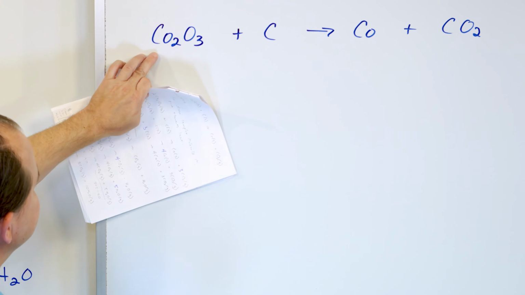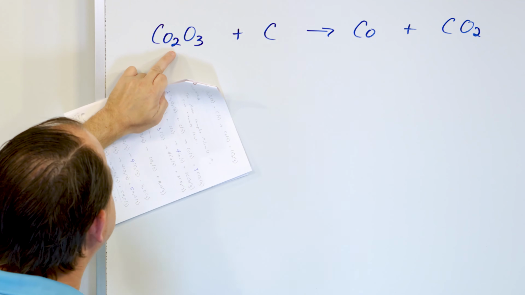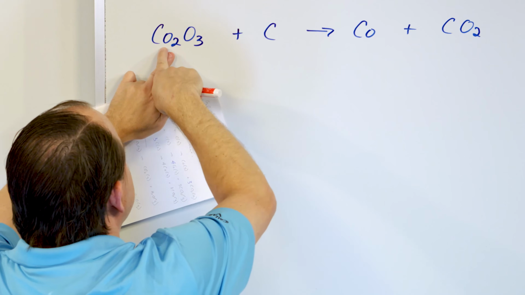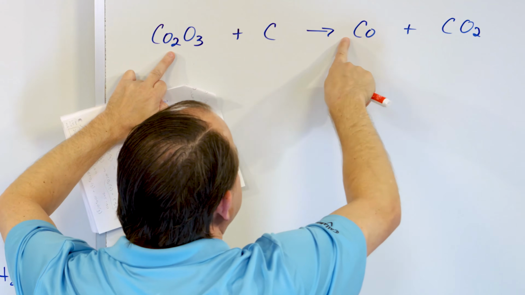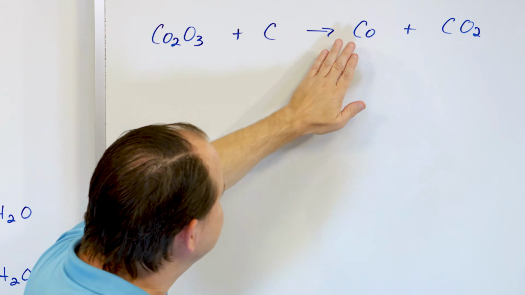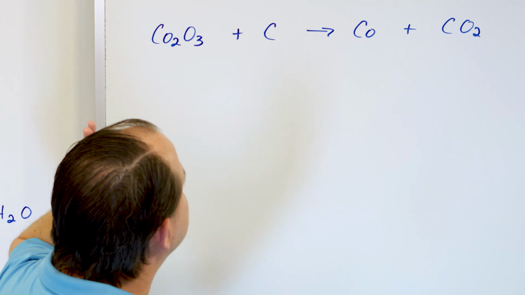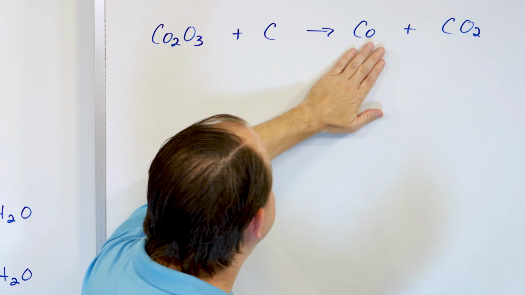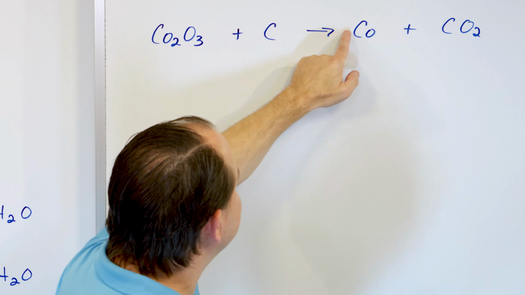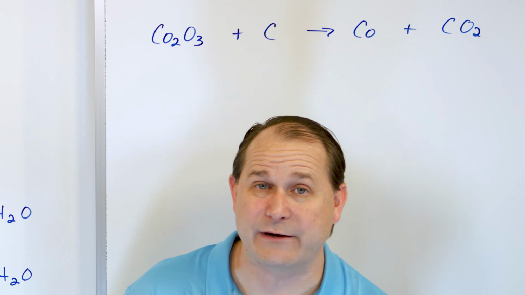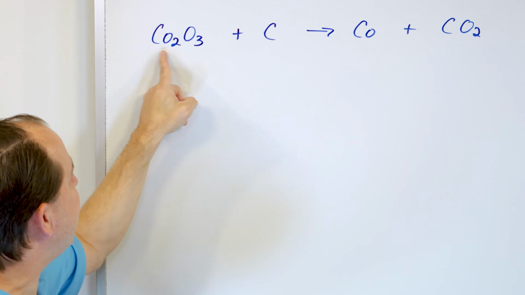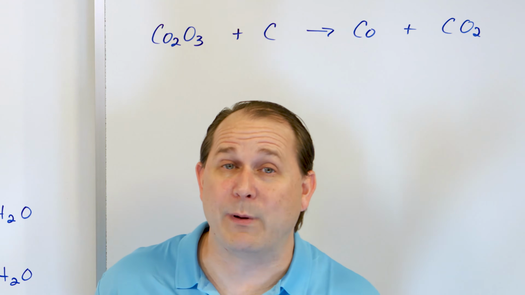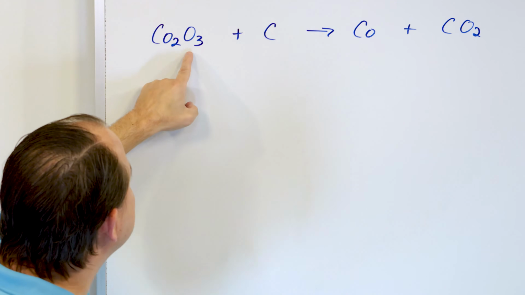So when you go through this, you first say, all right, there's 2 cobalts here. On the right-hand side, there's only 1 cobalt. So you could say, I'm going to fix that. I have a 2 of them here. I can put a 2 right here to fix it. And that's fine. You can absolutely do that. But I'm telling you that it's going to make a little bit easier time going, less erasing, to just save the cobalt for the end. Because if I write a number 2 here, I may have to change that number later. If I have to put a coefficient here, it's going to change everything, and then I'll have to erase that anyway. So let's skip the cobalt for now, even though it would be simple to fix, and let's instead look